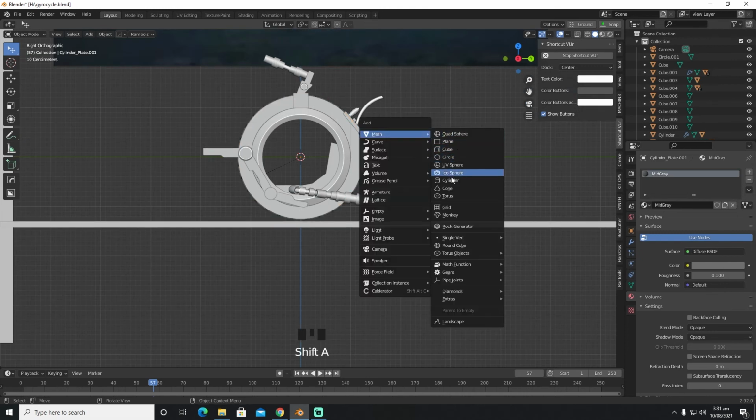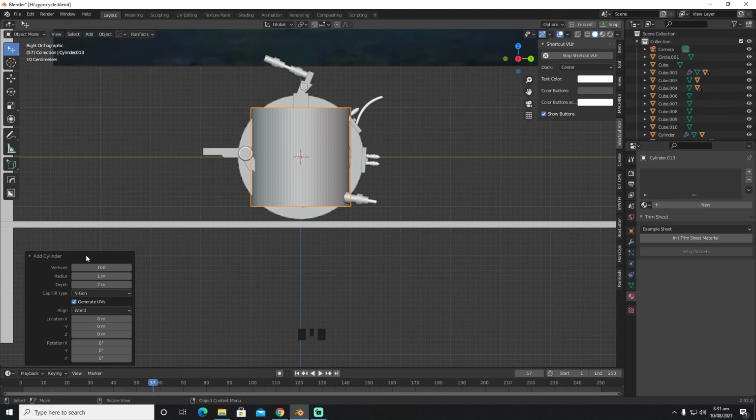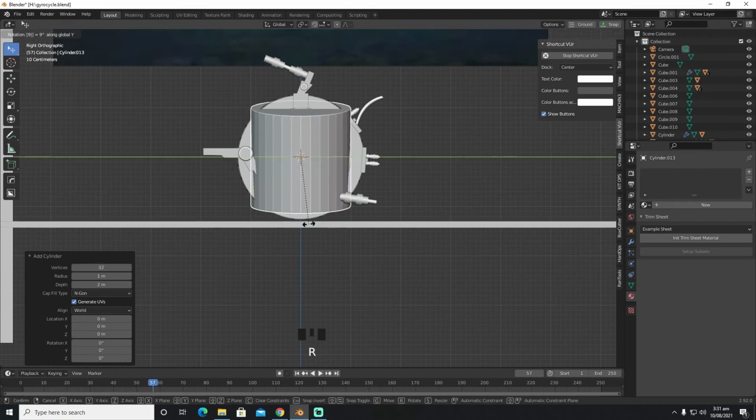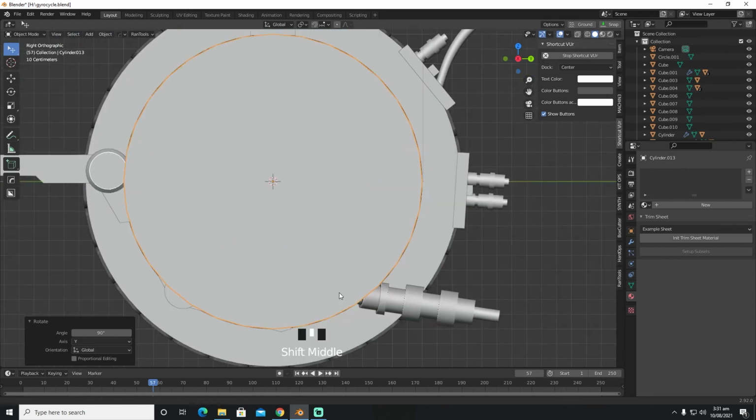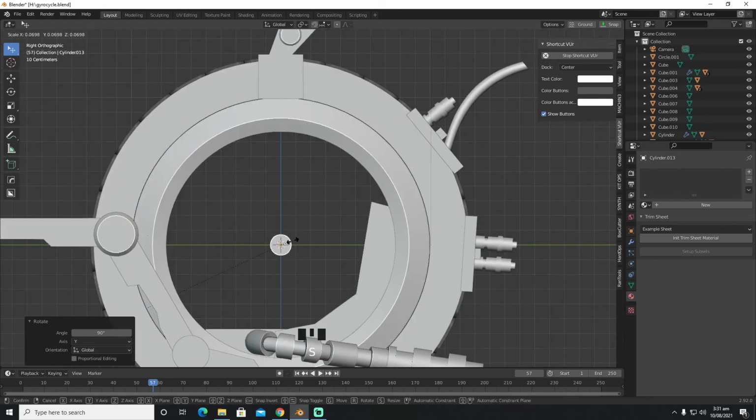We can create a cylinder of 32. I'm going to rotate it along the y-axis. I'm going to scale it down, bring this guy up,